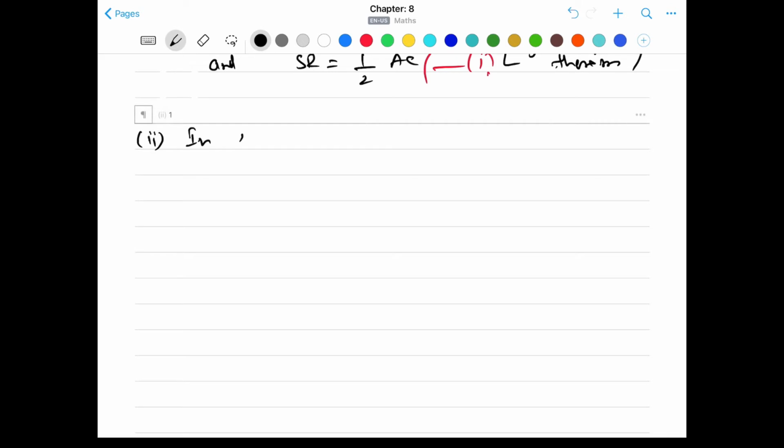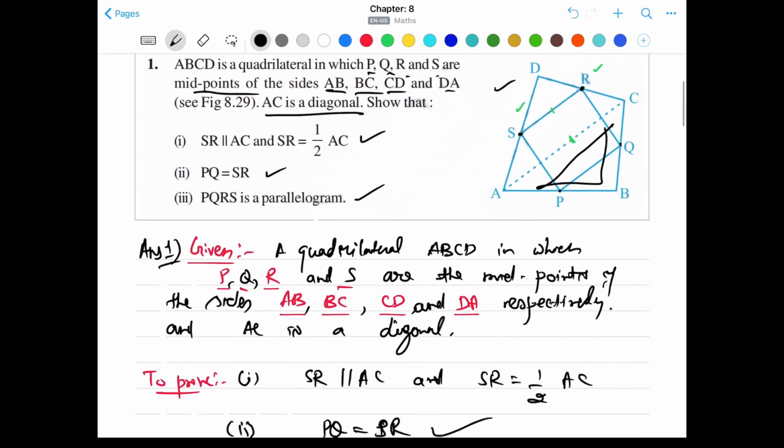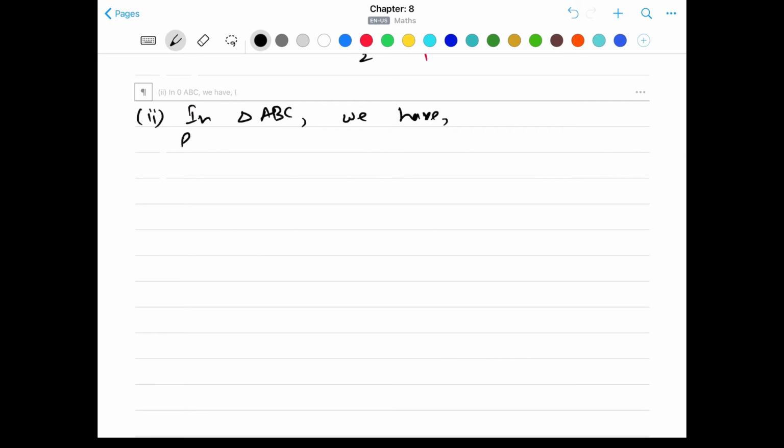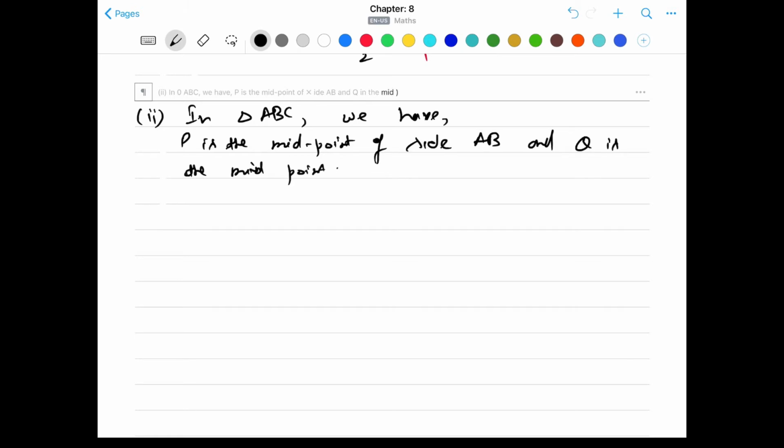In triangle ABC, P is the midpoint of side AB and Q is the midpoint of side BC. So we'll write in a similar way. Therefore,